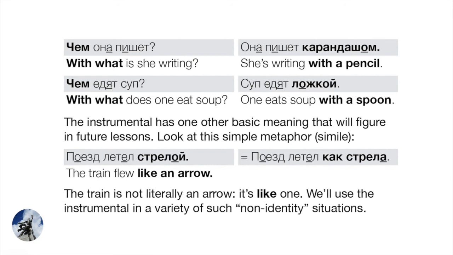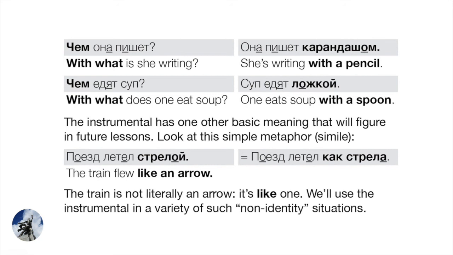Okay, so to give a very simple example for now, Поезд летел стрелой. The train was racing, or literally it was flying, determinate, стрелой. That's the instrumental of strela. This is one way to say the train was flying like an arrow. It flew like an arrow. Okay, and that's a little bit high style, right? This sounds like kind of a poetic phrase using the instrumental in this way. In everyday language, you would just use a как phrase, like Поезд летел как стрела. It was flying like an arrow. Okay, so the point here is that obviously the train isn't literally an arrow. We're making this kind of fanciful, poetic comparison, right?